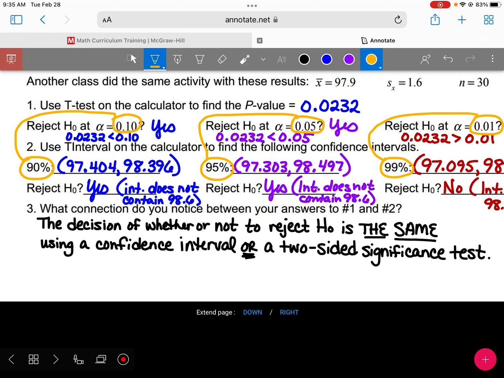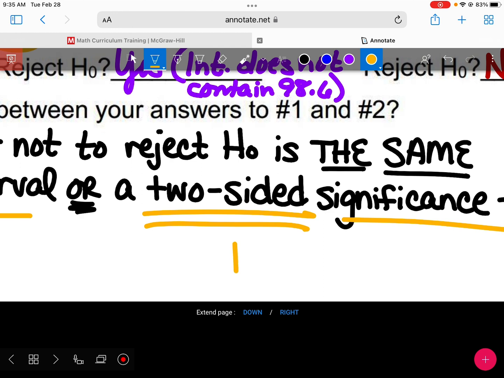Exactly the same outcome, confidence interval or a two-sided significance test. So when we use that not equal to,